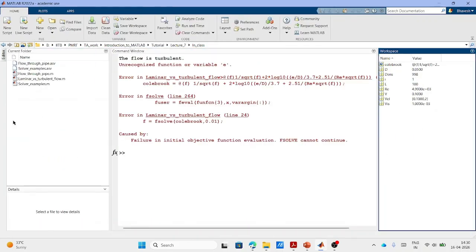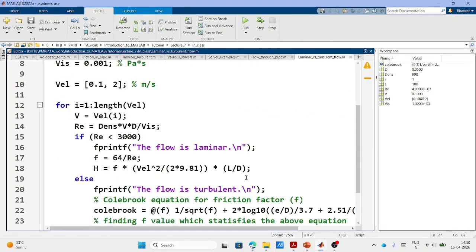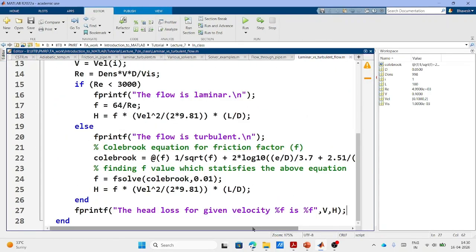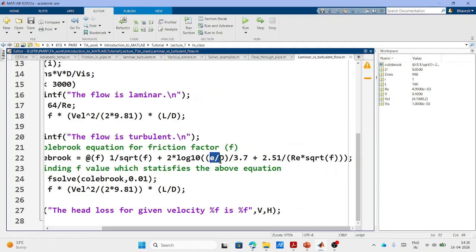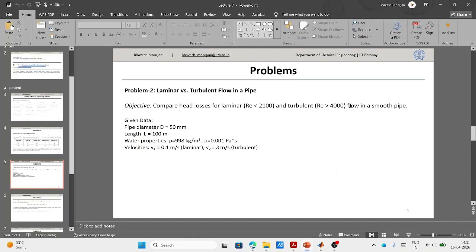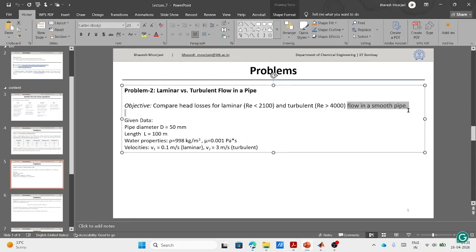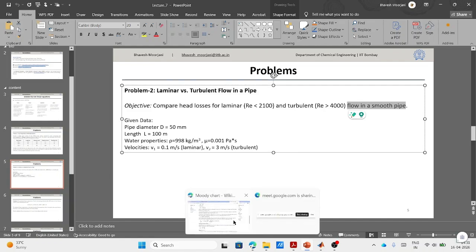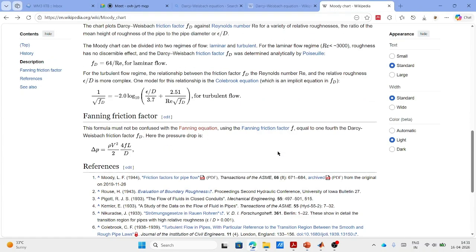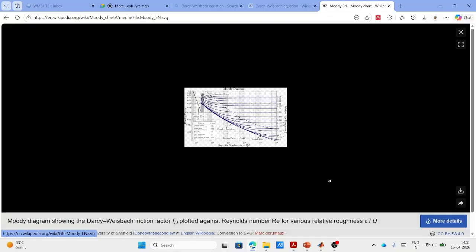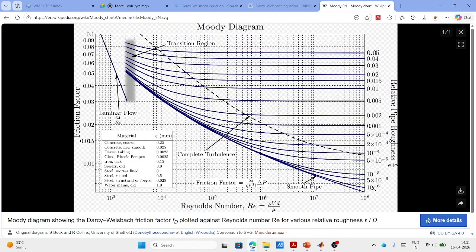not. Okay, we got some error. That is failure in the initial object evaluation. F solve cannot continue. Oh yeah, one more thing. I just copy pasted the previous equation where we had the E by D part. Here, what has been given in the problem is that the flow is in a smooth pipe. For a smooth pipe, you won't have any roughness value. So if you have a smooth pipe, then your roughness factor goes to